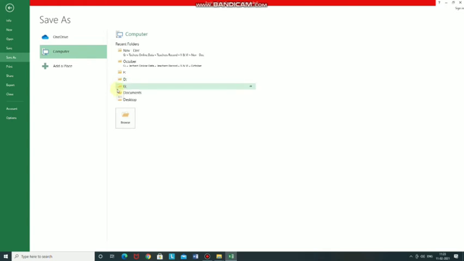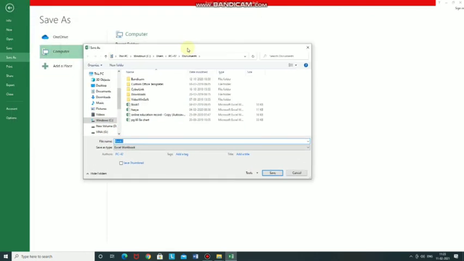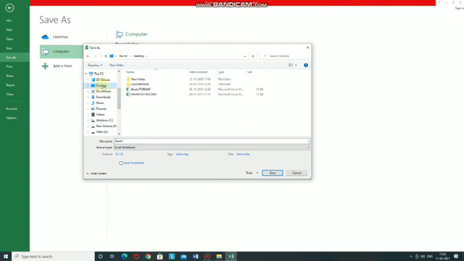Then to save the file on your computer, select Computer. So this is the computer. Then click Browse. The Save As dialog box will appear. Then select the location. Here I am selecting the desktop. So from any location, D drive or your pen drive, you can save your workbook. I am selecting the desktop.